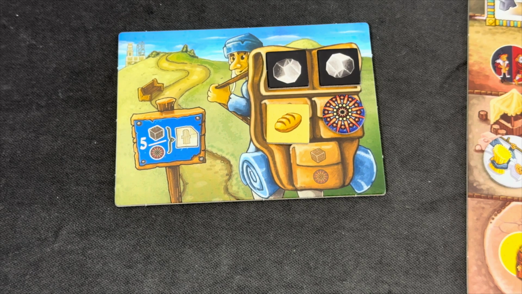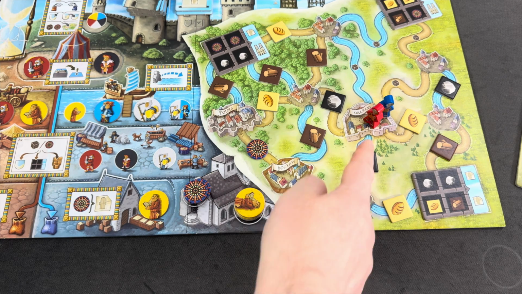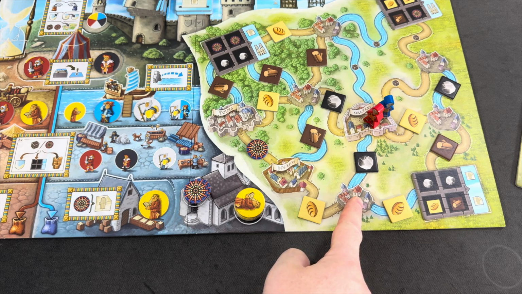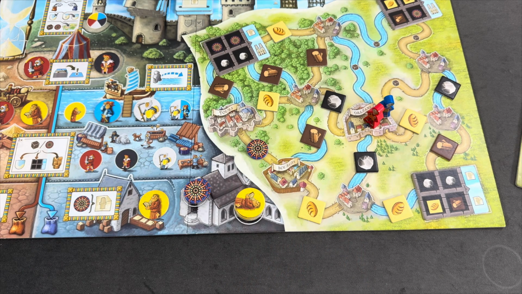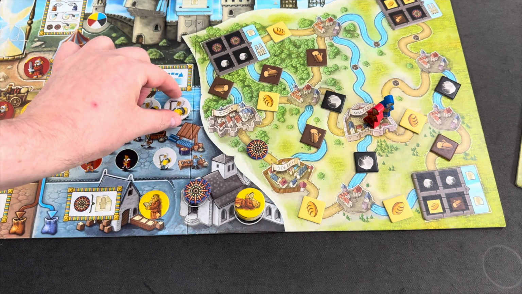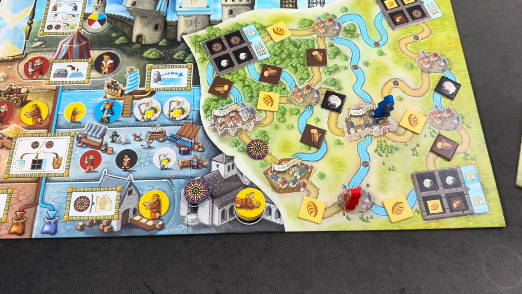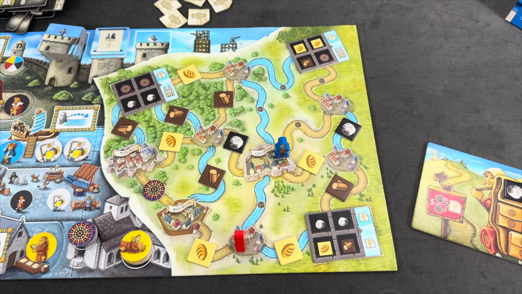Over to the red player, and again we still wanted to move down south, which could help us move. Maybe that's what we need to do. So yeah, let's draw something out of the blue bag here. That's really not great, and it's a farmer, and I think yes, the farmer does help us indeed. So red moving down here, collecting one stone, and blue, who's next, is now really hoping for...